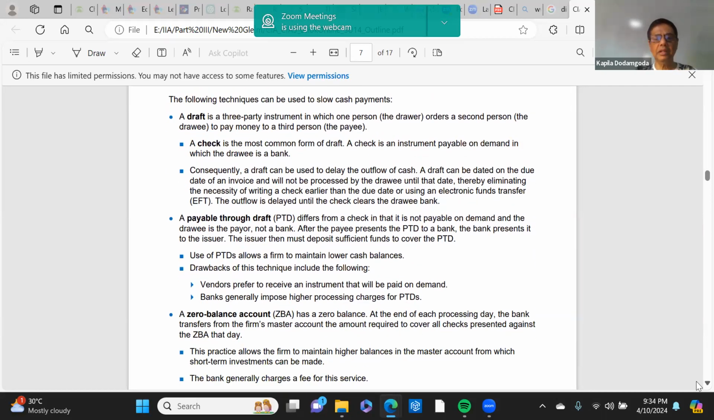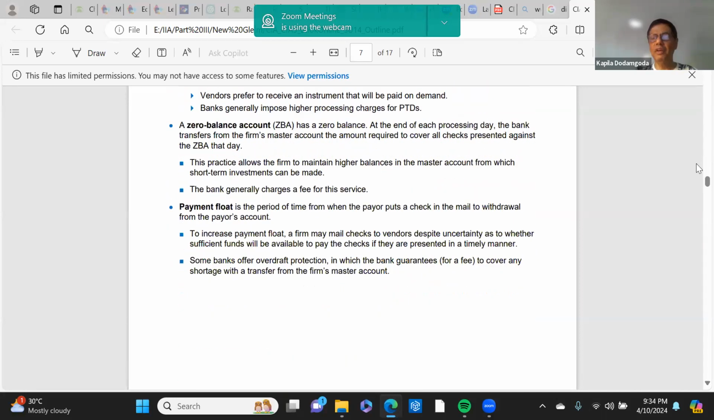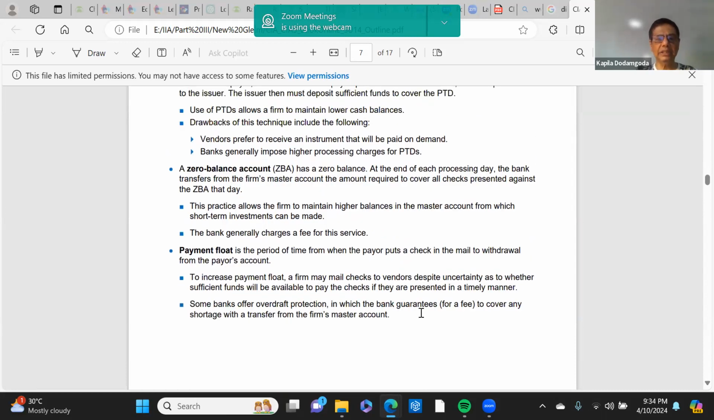Okay, right. Now this is all what we need to look at. I will first explain the last one from the bottom and we'll do it faster and then we'll come up. Payment float is a period of time from when the payer puts the check into the mail to withdrawal from the payer's